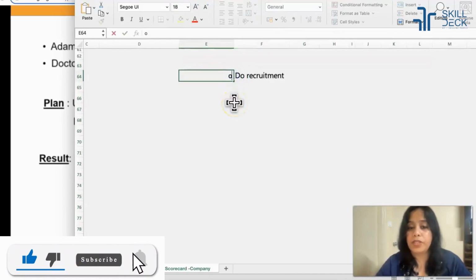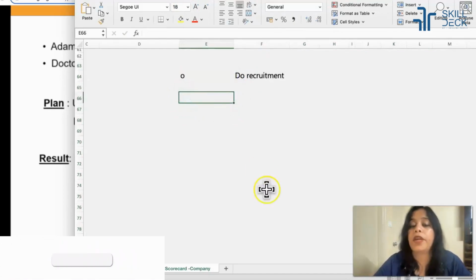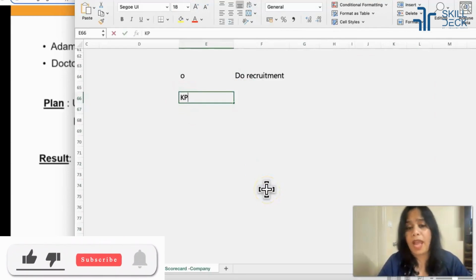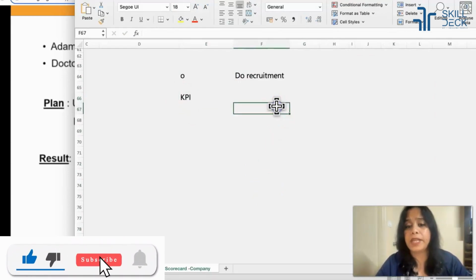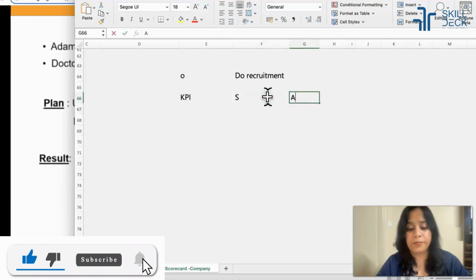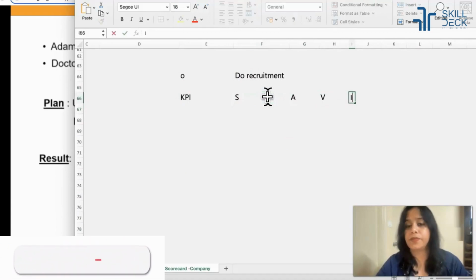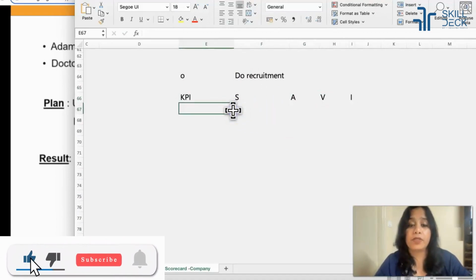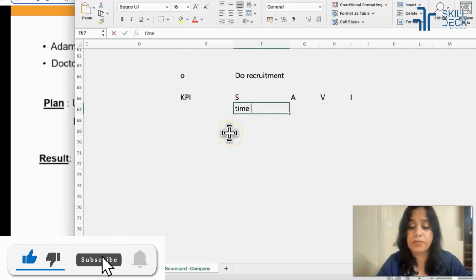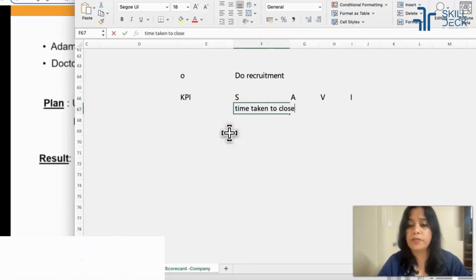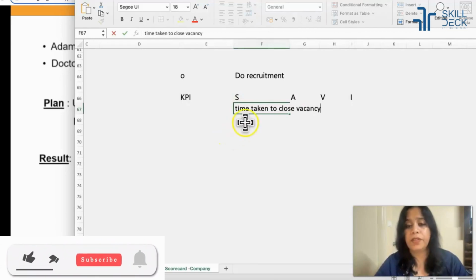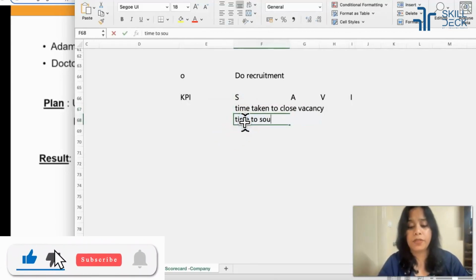Alright, so my objective is to do the recruitment. As we have learned, KPIs could be selected on SEVI. S means speed, so that means time taken to close vacancy, time to source,